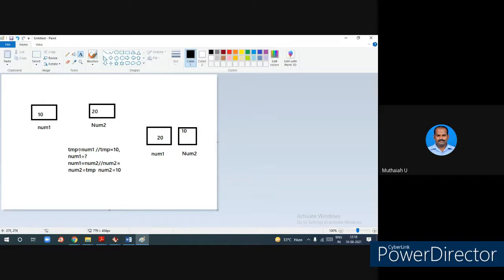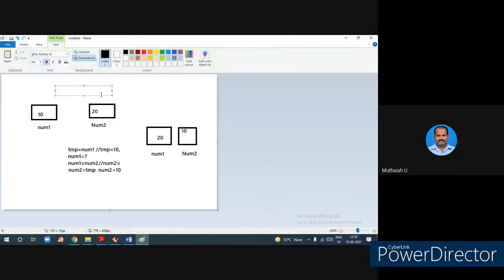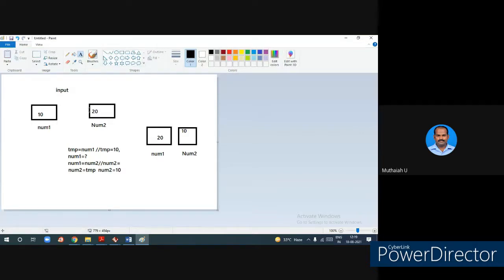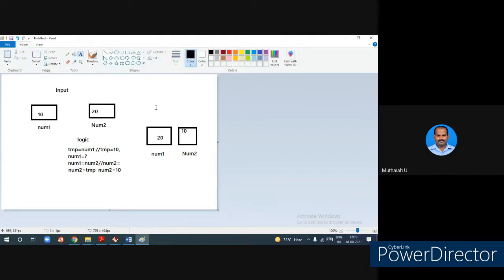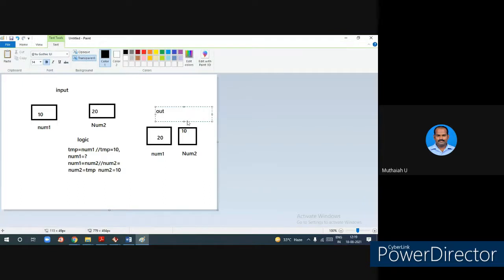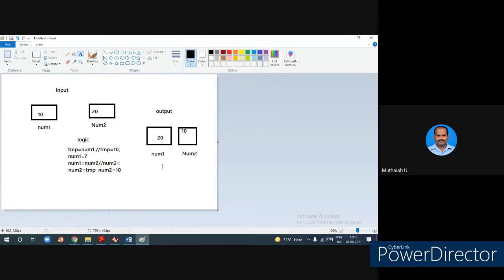What is the logic we applied here? This is the input, values 10 and 20. Next we apply the procedure, the logic. After the logic, we got the output. This is the input statement, this is the input part, this one is the logic, and this one is the output. Did you get the idea of what I am doing here? If you are not understanding, I will explain again later. Try to understand, because I am connecting our concept with this subject, programming.